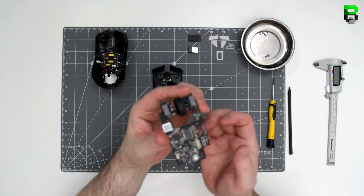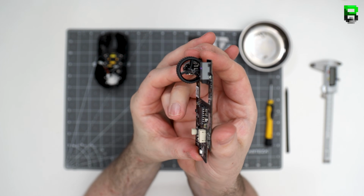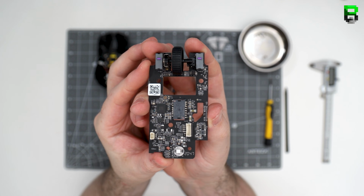So now the PCB is detached. So, what it looks like. Nothing too fancy here from Razer. It's nice to see they've chopped out some of the PCB to save weight. It's a nice little touch. And they're using a standard encoder on this one,